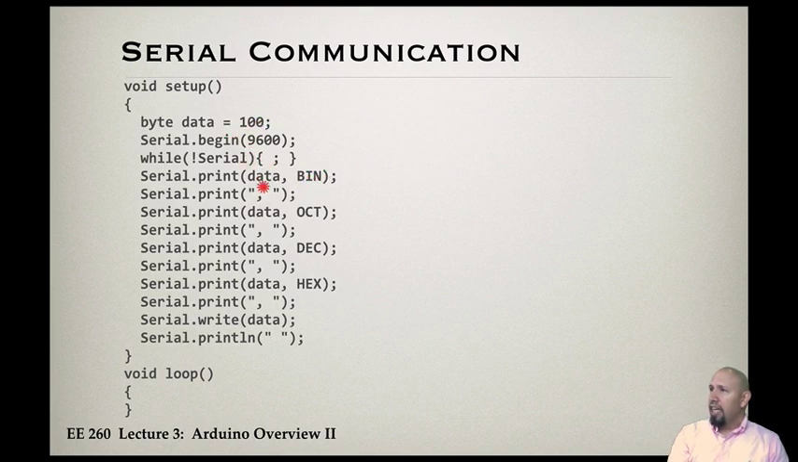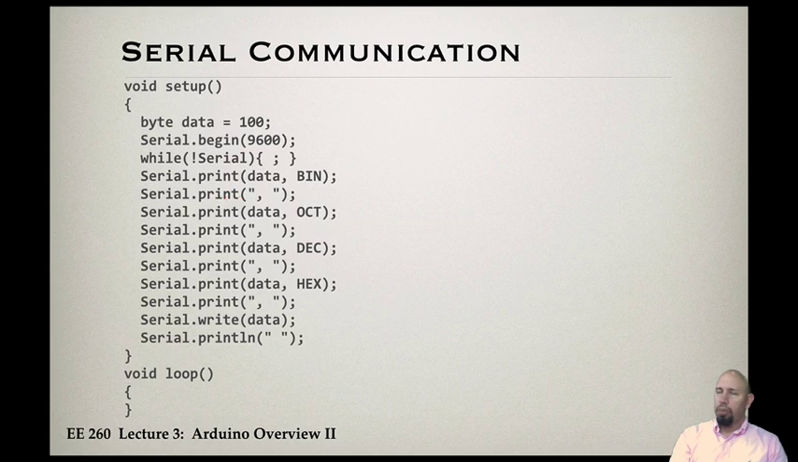And I can print it either in binary, octal, decimal, or hexadecimal. And I can also use the serial write command, which is different. And then the serial print with the line feed. So basically, this will give you a carriage return. So if you don't do